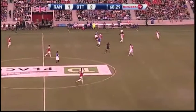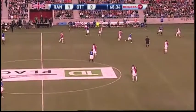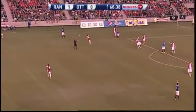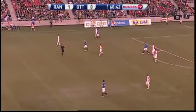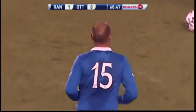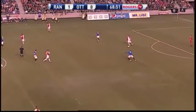McLeod with some lovely footwork once again for Nicky Law. McLeod through ball, offside was Boyd. Yeah, Giroux did well just to hold his ground there. Boyd must have come in from a position behind Giroux as that ball was played in. Certainly didn't look offside at the time, but